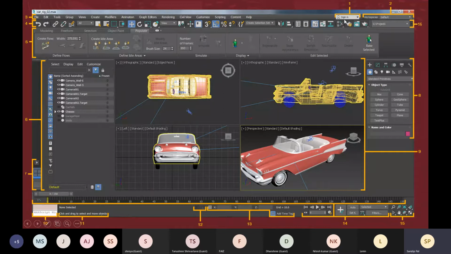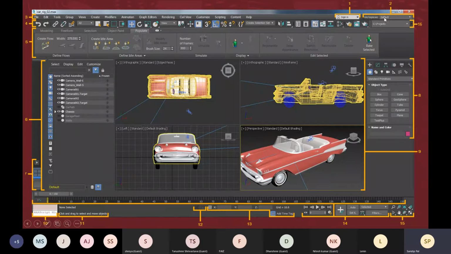So first option is your user account menu. Here you got this user account option. This will help you to access your Autodesk account, and all the notifications you get from here.